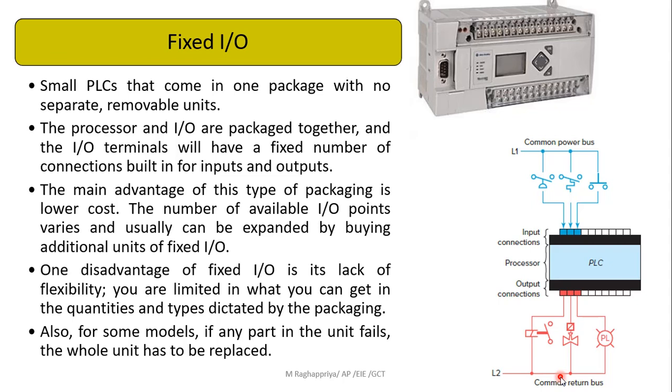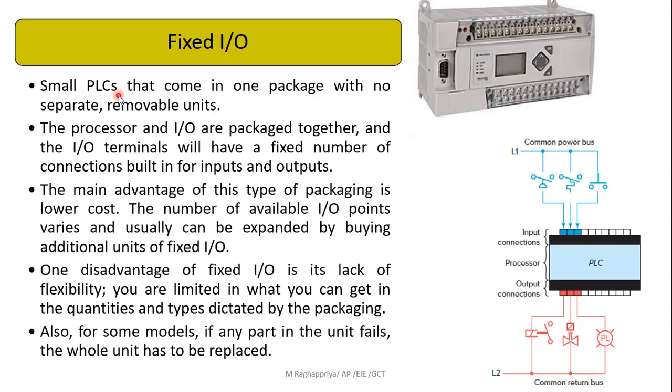So next is fixed type and modular type. Remember, at the starting of this lecture we discussed these two terminologies, fixed type and modular type. Now, look at this diagram. This PLC is called a fixed type. You can easily notice the difference. So here is the processor. Now you remember the screw connections which we saw in the input and output module. In the case of fixed type, the processor, input module, output module, everything is clubbed together. That's why this is called a fixed type IO.